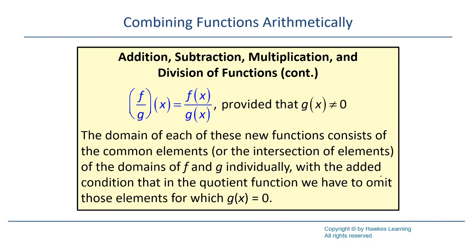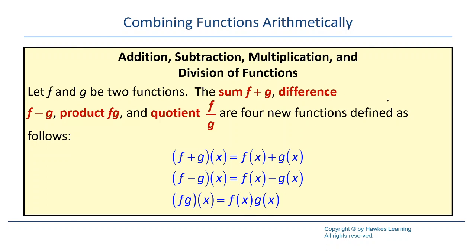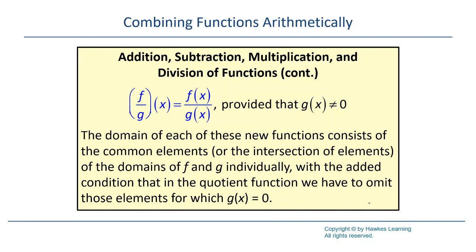Now, one thing that's kind of important to bring up is this is pretty simple. This is like adding two numbers. Except now instead of 5 plus 7, you might have 5x plus 7x. Or you might have 5x squared plus 7x squared. Something like that. But the thing to keep in mind is how do these functions, how do their domains change when they're combined? So more specifically, that comes into play with division,